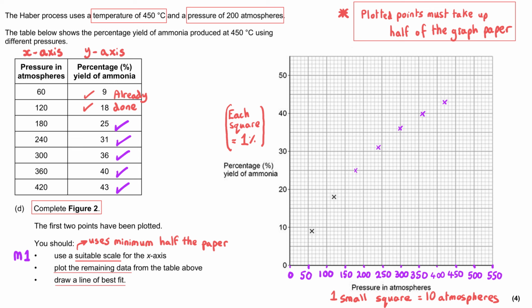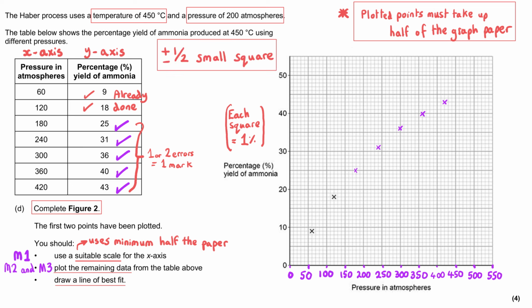There are 2 marks for plotting these points, and how this normally works is if you've got 5 points that we need to plot, like we have here, you'll get 1 mark for plotting 3 or 4 of those points correctly, and you'll get the second mark if you've actually plotted all 5 of them correctly. How much tolerance will they allow? Well, you can normally get within half a small square of where it should be. And so that means that if you were plotting a point at 31 and you plotted it at 31.5, you would probably get the benefit of the doubt in that case. But if you were plotting 31 and you plotted 32, you would lose that mark. So as a rule of thumb, plus or minus half a small square is what we're working towards